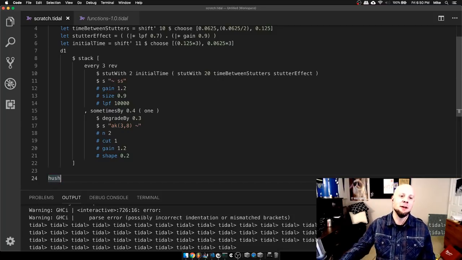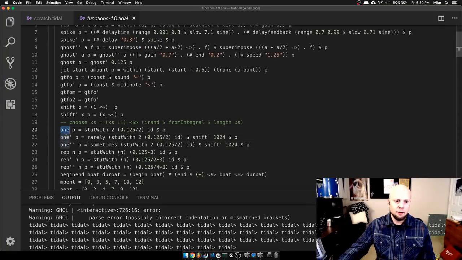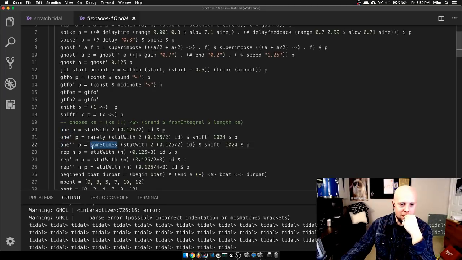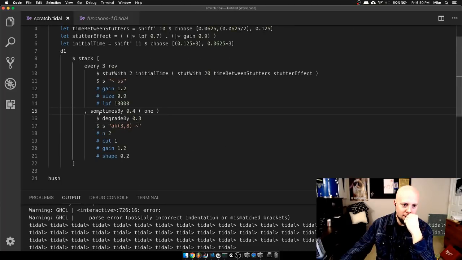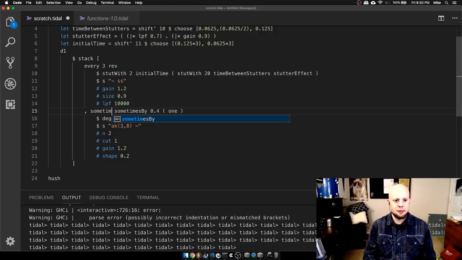Okay, so I'm thinking now I want more variation with this kick drum pattern. I've got 1 prime, which will rarely do the stutter, and I've got 1 double prime, which sometimes does it. So let's do sometimes by 0.2, stut with,